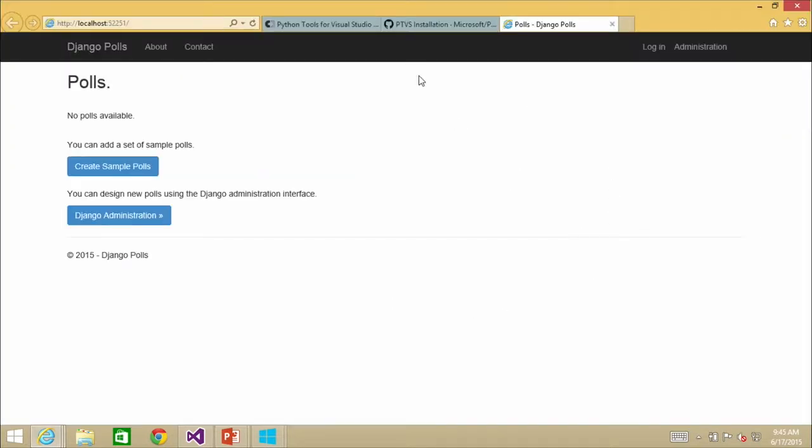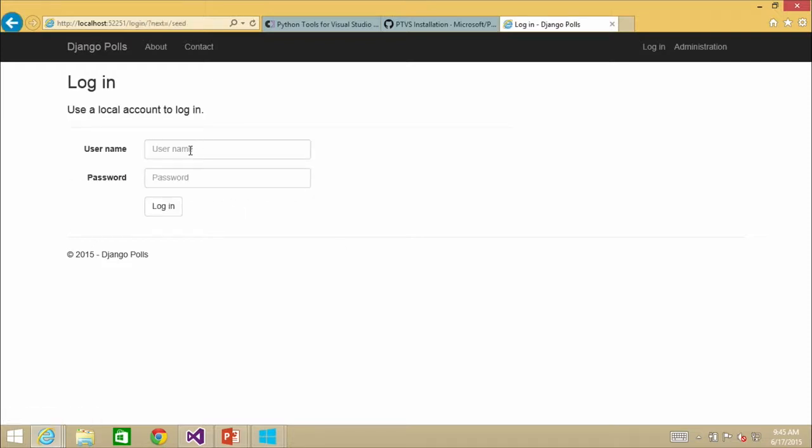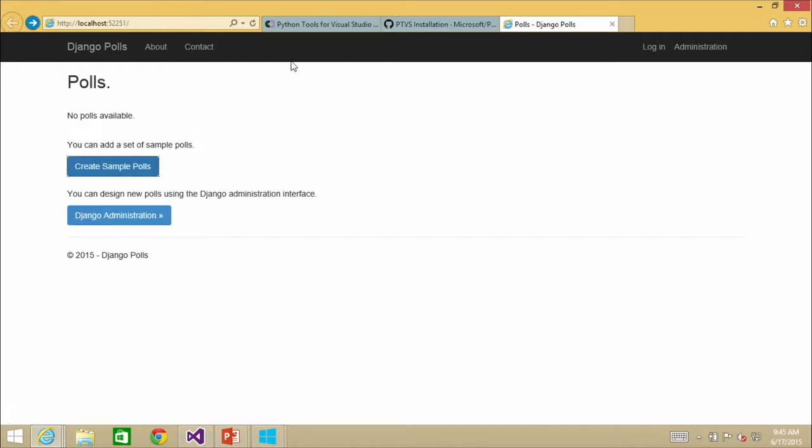OK. So in any event, here is that little polls application. You are going to notice that I can create sample polls right from here, and I could log in with an account if I had wanted to.